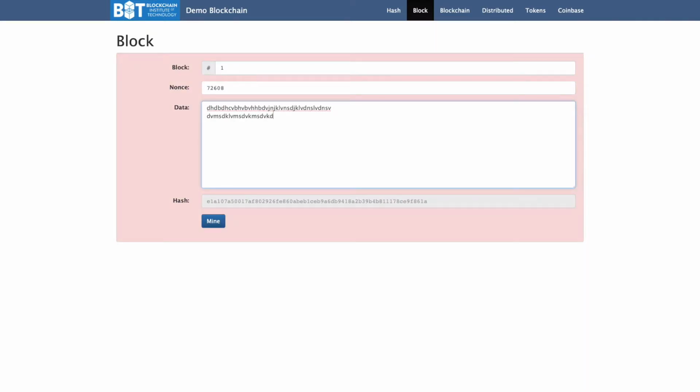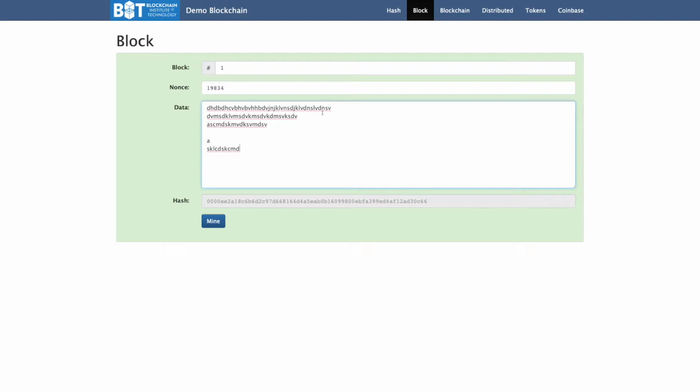Let's do something really large, and then I have to mine it, as in looking for a nonce number that, together with this data, produces a hash that starts with four zeros. Let's do it. Magic. With this number inside the data structure, this data produces this hash, which complies with my rule for a valid block. Now that we have a valid block, we can see how they combine into a chain of blocks.